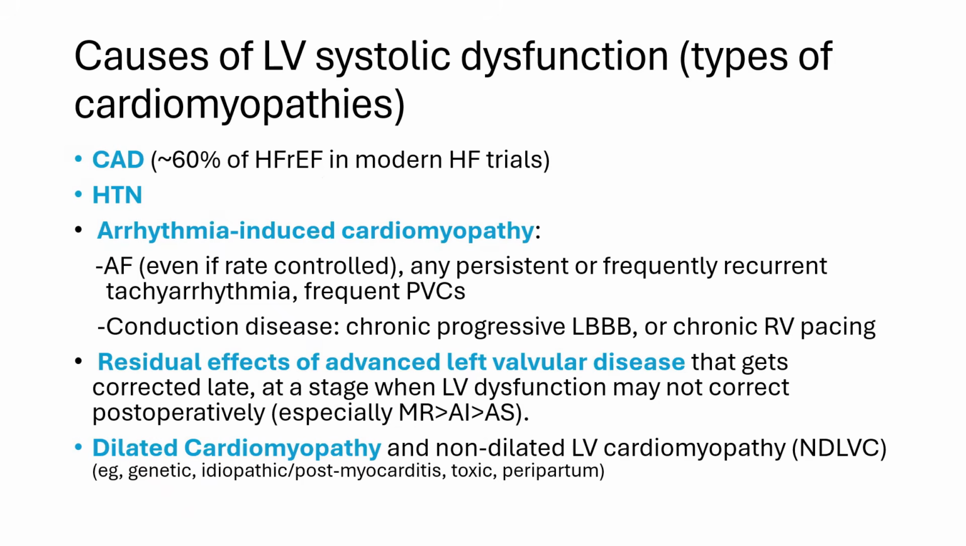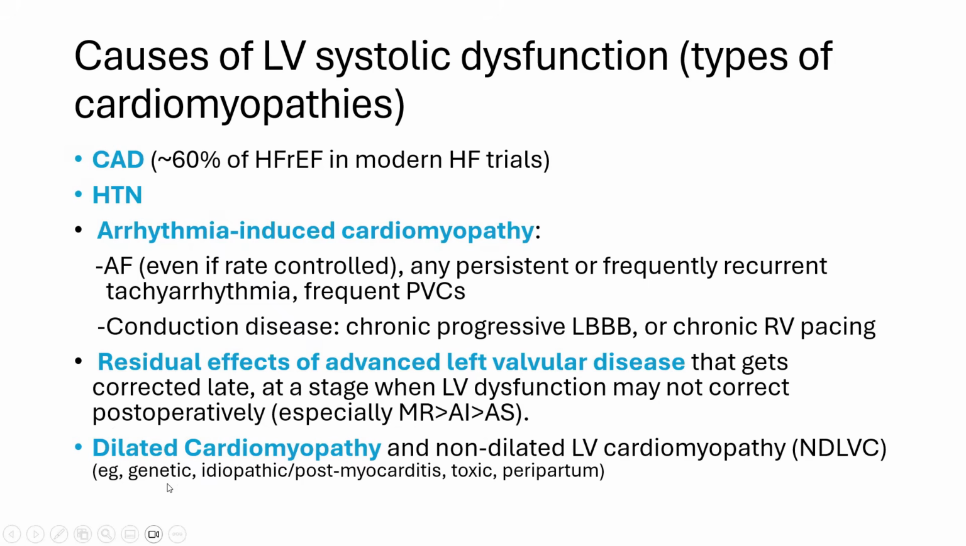And that LV dysfunction is more often intrinsic and irreversible in the case of the volume overload states of MR, and less so AI, and least so AS. That's one reason why the surgical EF cutoff is 60% in severe MR versus 55% in AI and 50% in AS. Then the fifth type of cardiomyopathy is the dilated cardiomyopathy after you've ruled out the top four,